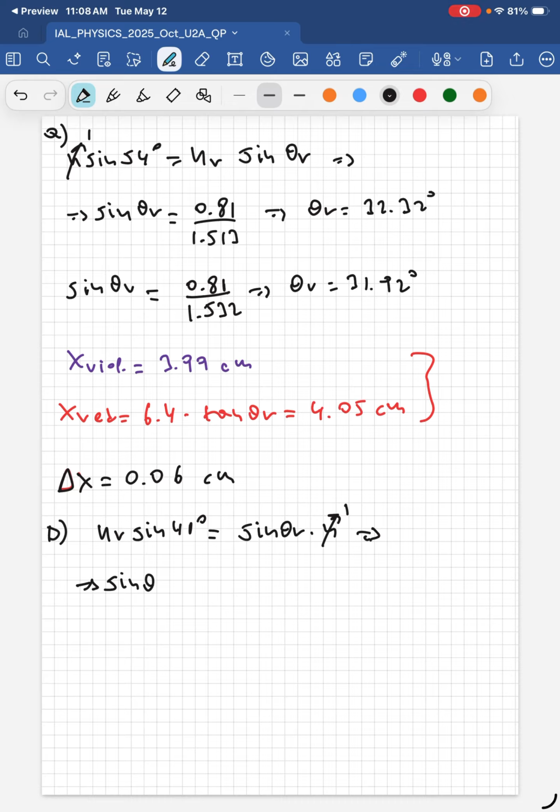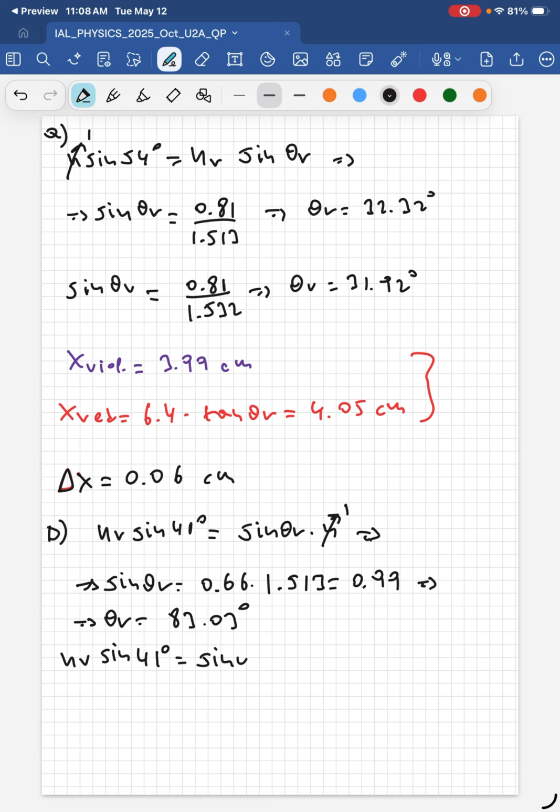So sine of theta r is 0.66 times the index of refraction of red, which yields 0.99, which means that theta r is 83.03 degrees, quite large. Now for violet, sine of 41 times its index is sine of theta violet. If we do the calculations, we find that sine of theta violet is 1.01, which is larger than 1, which means what? It means we get total internal